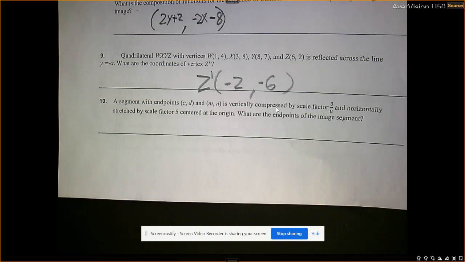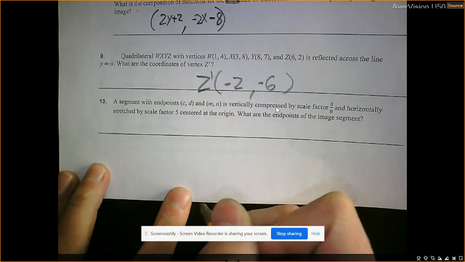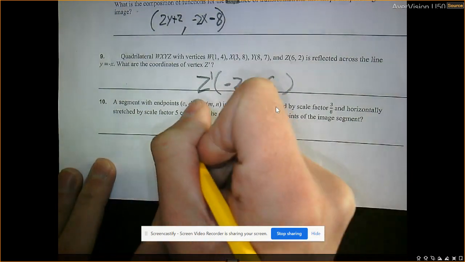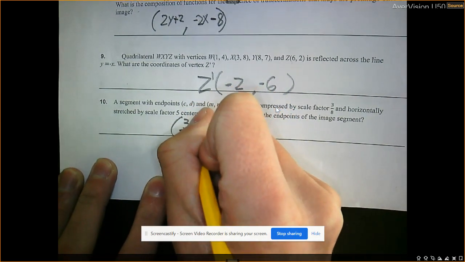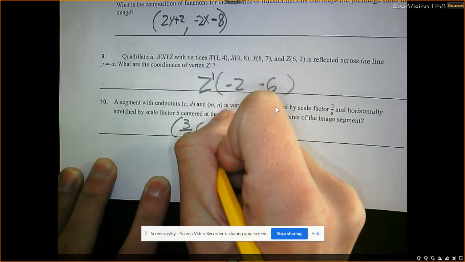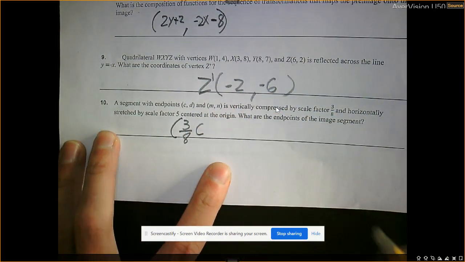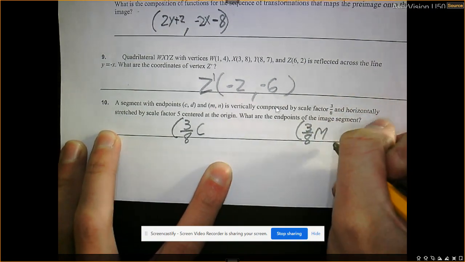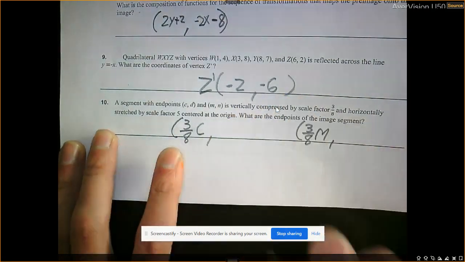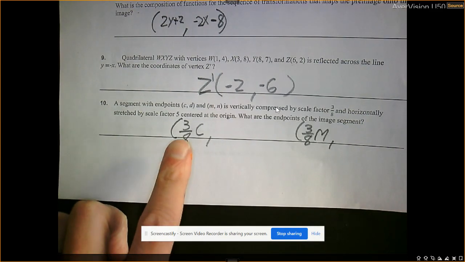Okay, what are the endpoints? Well, all this is saying is that if it's horizontally stretched, well then 3/8 is being multiplied by our x, because our x value, and I can do that right away for my M also. That's being multiplied by our x value. And then